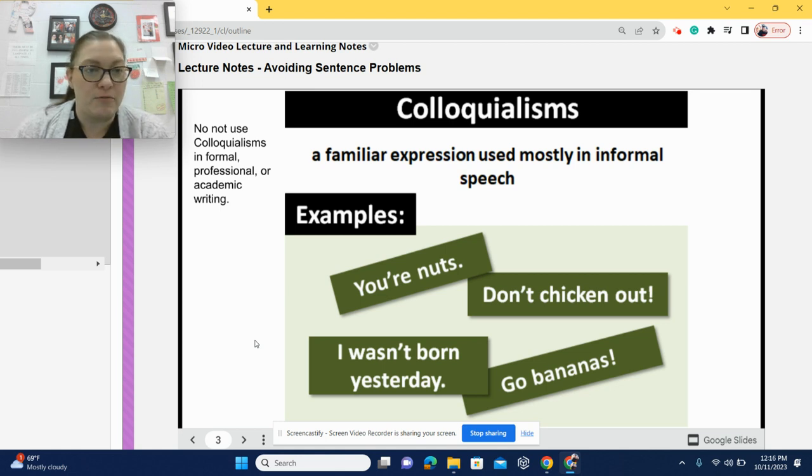But if you go out of my region or if you go out of the country, no one has any idea about what that phrase, that turn of phrase, or that colloquialism means. So it can be really alienating to the people that are your readers if you use colloquialisms, because you are assuming that they have the same background that you do and that they would know the same local terminology and local sayings and phrases that you do. So avoid slang, avoid local sayings, phrases, figures of speech. Really avoid saying things that don't mean what you're saying whenever you're writing professionally or for an academic purpose.